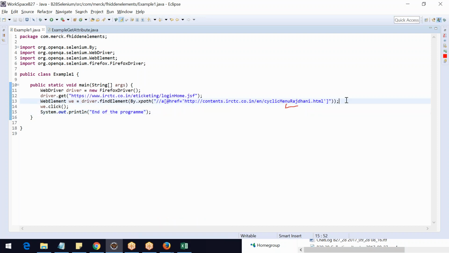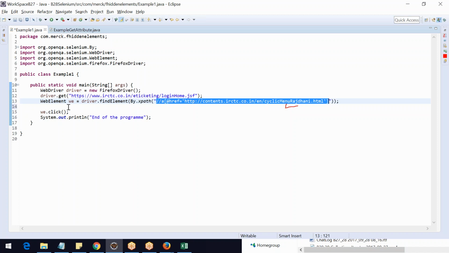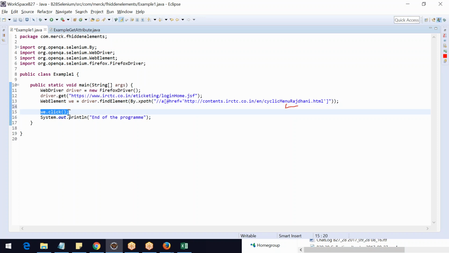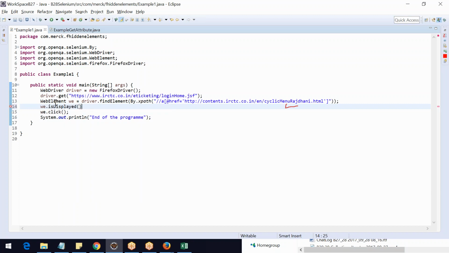Now sometimes someone might ask you to try to get an element, but click on it only if it is visible. So how do you check whether it is visible or not? There is a method in Selenium. You can say we dot isDisplayed, and it will give you a